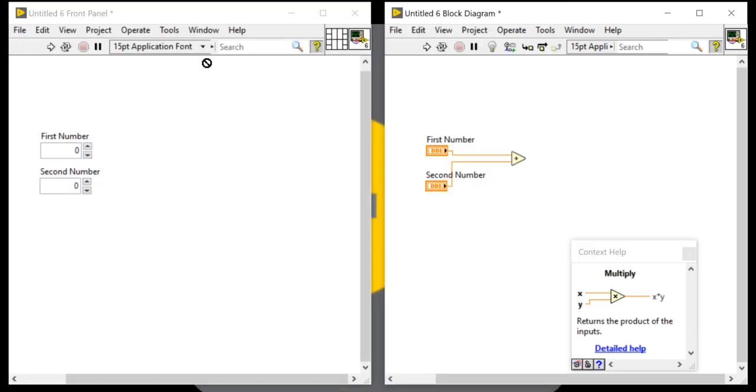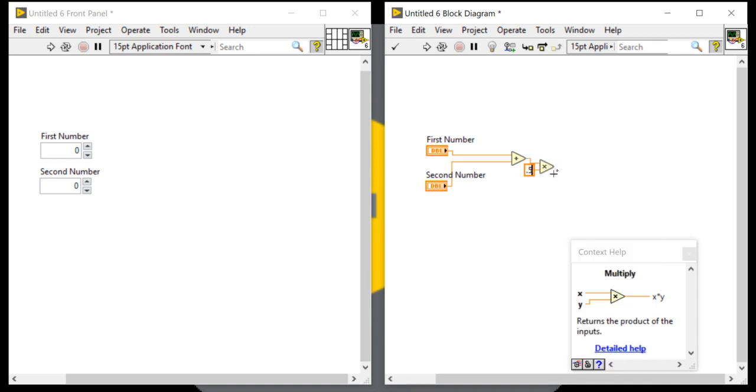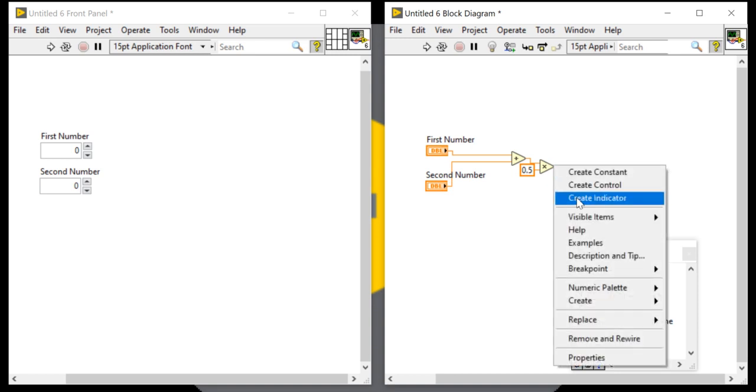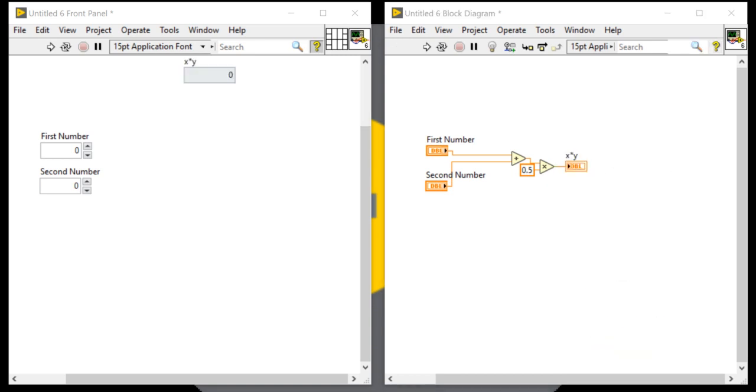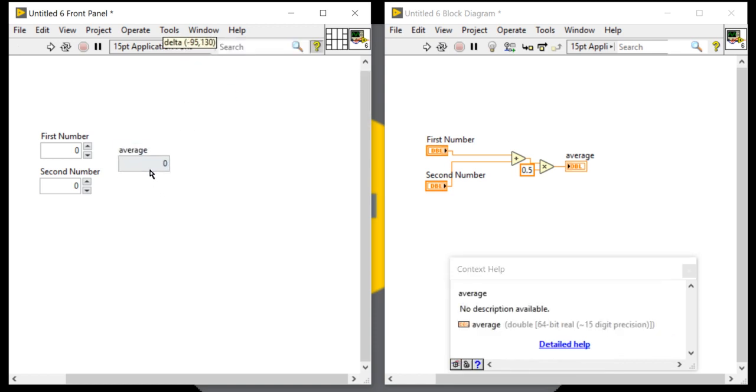A plus b divided by 2, that is the program. 0.5, average. Average. Now you can check.